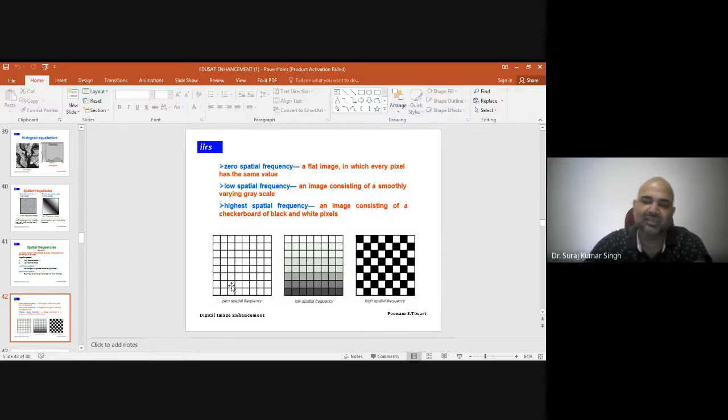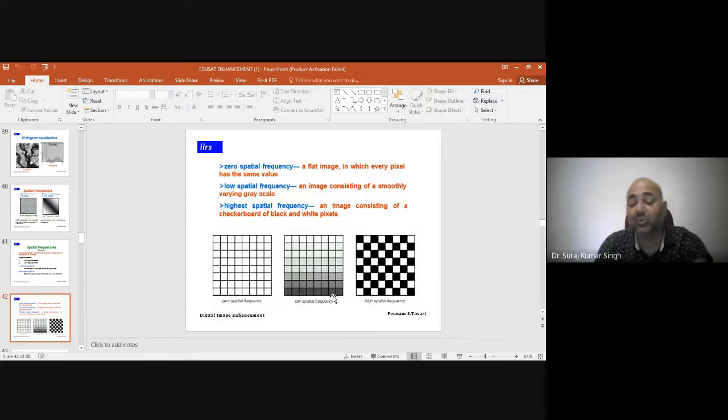White means all pixels have the same value 255, 255, 255, so there are no variations. A low frequency image consists of smoothly varying grayscales, meaning the color gradually changes, like white gradually going towards the darker side. This is a smooth image with low spatial frequency.